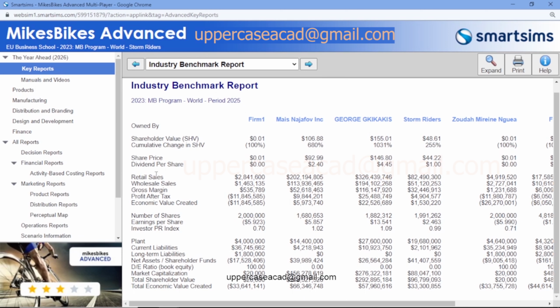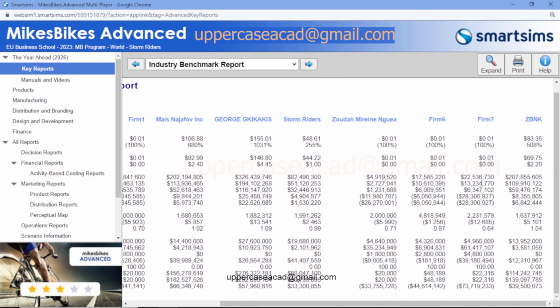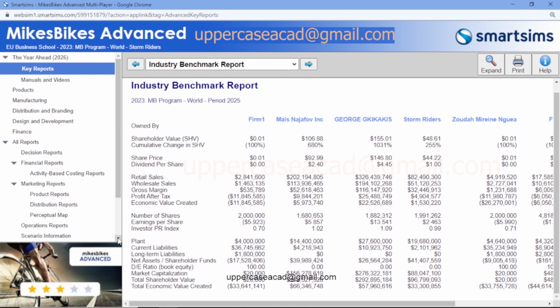In terms of retail sales, Mike's Incorporation had 202 million. George had 326 million. The Storm Riders had 82 million. ZBNK had 207 million. So ensure that you are making use of each and every piece of information, because in conclusion, what I can tell you is that